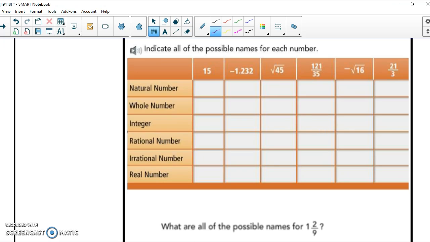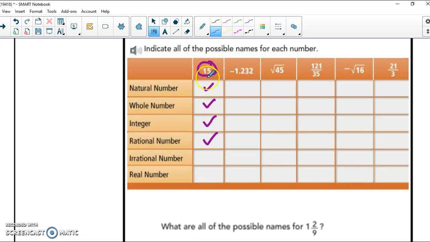All right, finally, to wrap it up, let's practice categorizing different numbers here. So let's start with 15. 15, I would say, is definitely a natural number. When I was in preschool, I learned how to count to 15. So that's all my counting numbers. It's also a whole number because my whole numbers are my natural numbers plus 0. It's also an integer because it's a whole number and a natural number, which means it's also a rational number